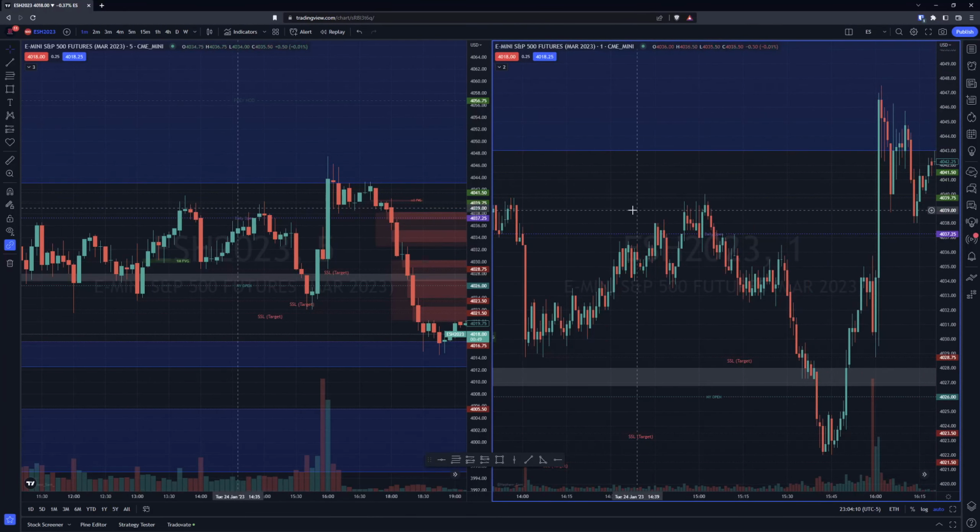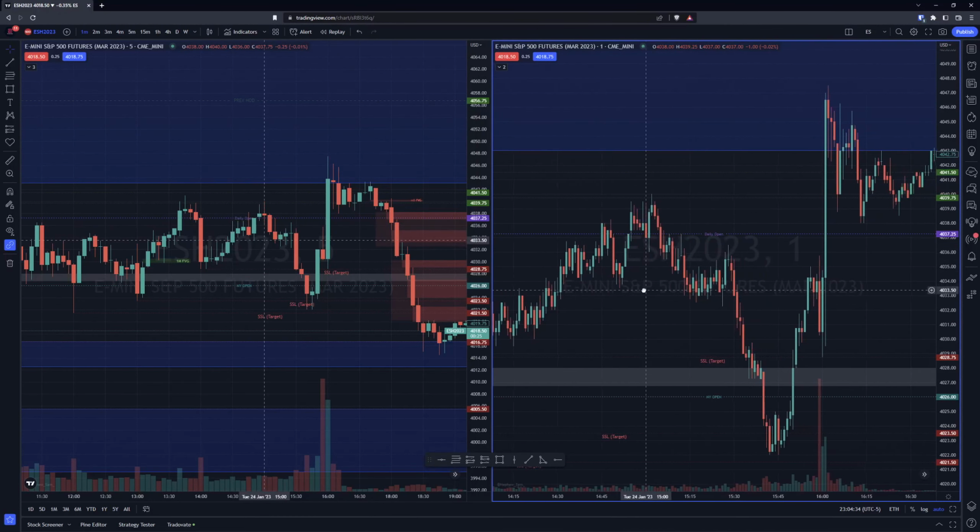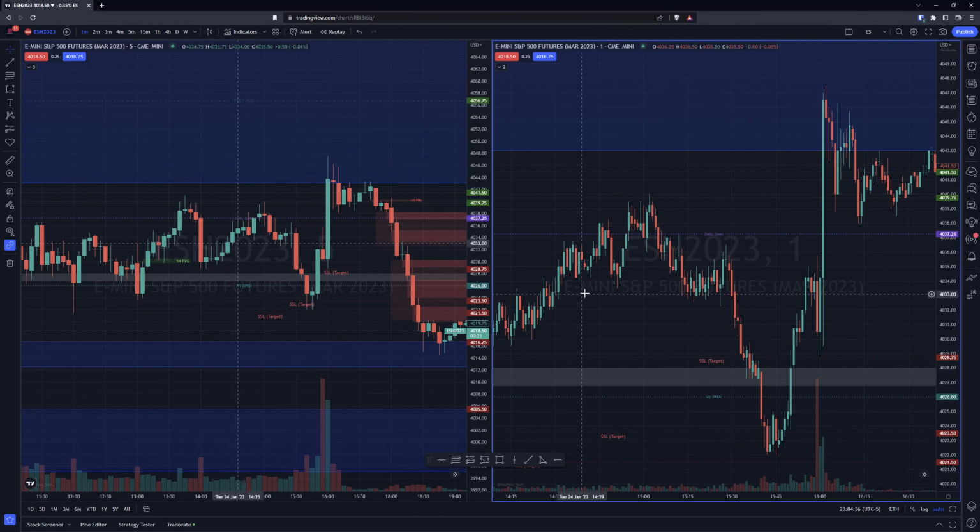We do eventually come back to that old target. We tag it again, and what does it do? Well, this move could be your indication that we're going to tag that. Still a little too sloppy for me, but we did raid highs, lows, make a little run up to the target, but in getting to the target, we made a swing low and we broke it, right?